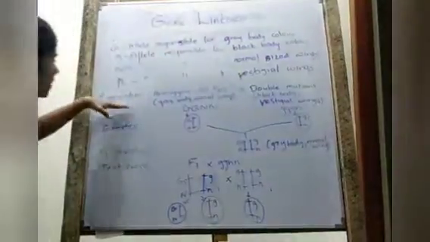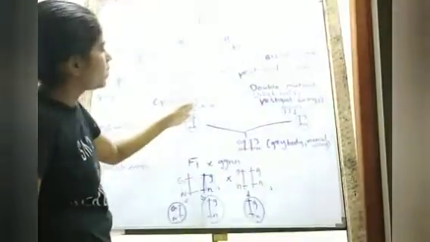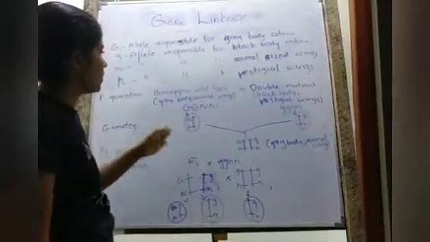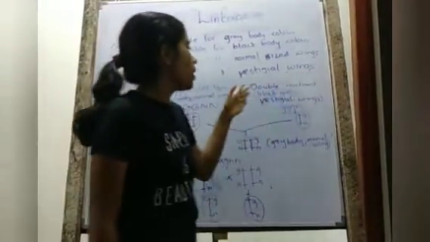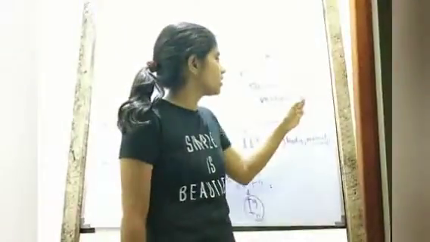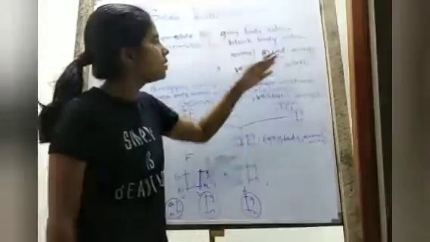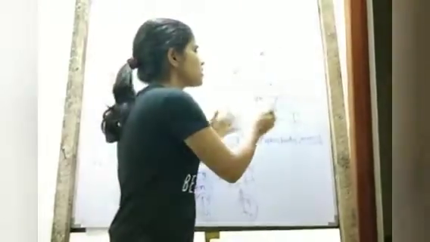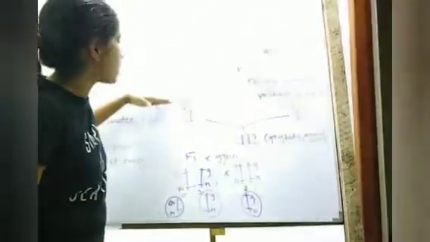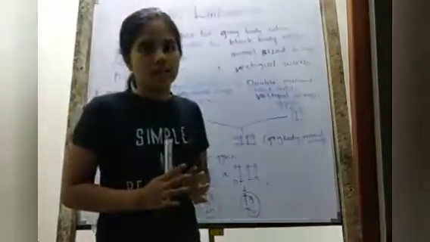So first there is the parental generation, homozygous wild type, that means grey bodied and normal wings, capital G, capital N. And then we have the double mutant, black body and vestigial wings, simple G, simple N. Okay, so we say here double mutant because black body and vestigial wings are considered as mutant characters. These are the wild type characters, grey body and normal wings, while these are the mutant characters.